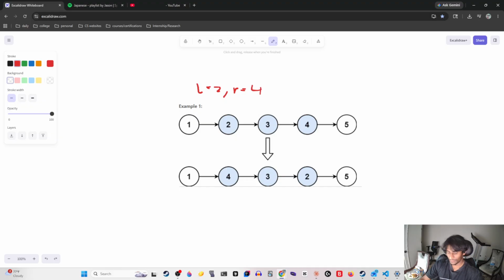To do this, we can use a dummy pointer. What we can do is add a node here, called D, and we can route dummy to the head of the list, okay? Use a dummy pointer because it just makes everything easier, and you'll see why. So if we add a dummy pointer and we route that to 1, what we can do from there is